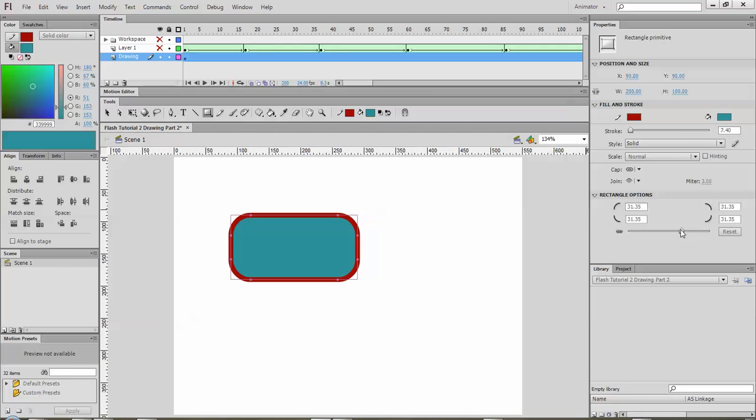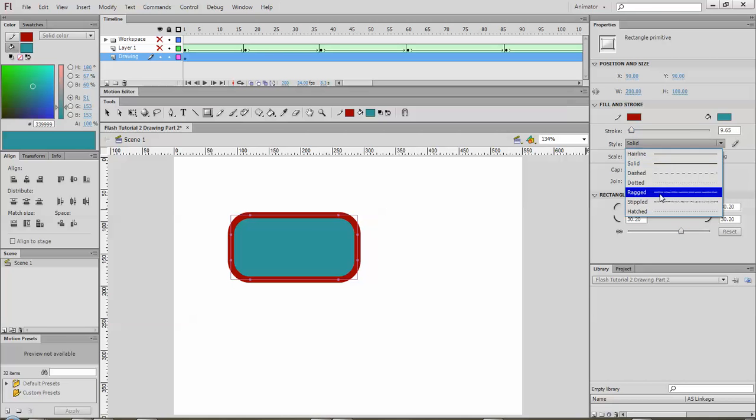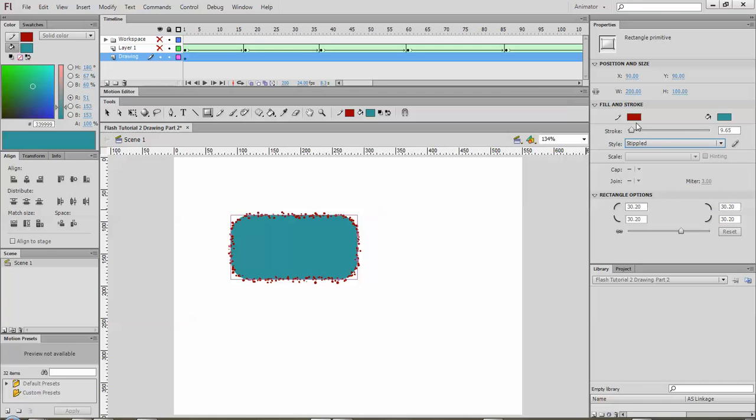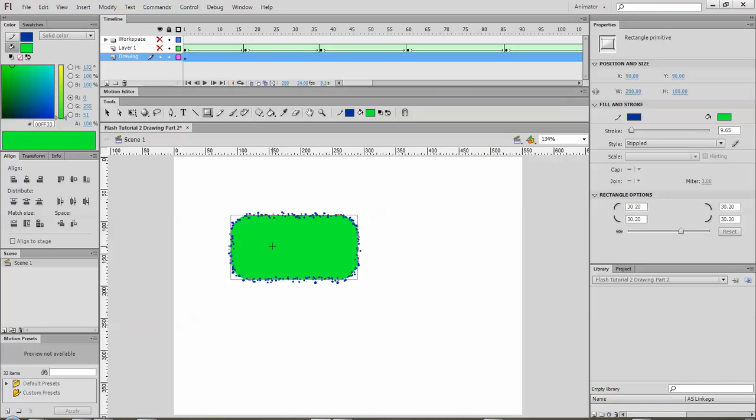So I can change the edges here, so I can make the hockey rink, and I can make it a perfect square if I put this on 0, and then I can do a concave edge to it and create a slightly different shape. So it just depends on what you want there. I can change the stroke, so all these features here that were adjustable I can change very easily because I drew it in the primitive tool, which essentially means that